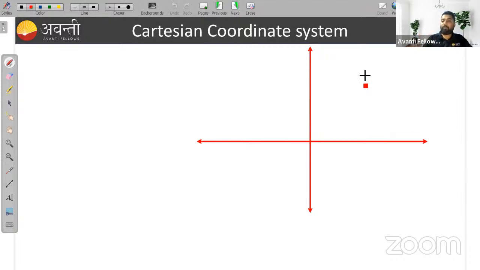If you have a point on the Cartesian plane and this point is P and its coordinates are (a, b), then if I drop a perpendicular from the point P to the x-axis, then this distance will be, and if we draw a perpendicular from P to the y-axis, then this distance will be. What is the distance of this length OM and PM or ON? OM will be,